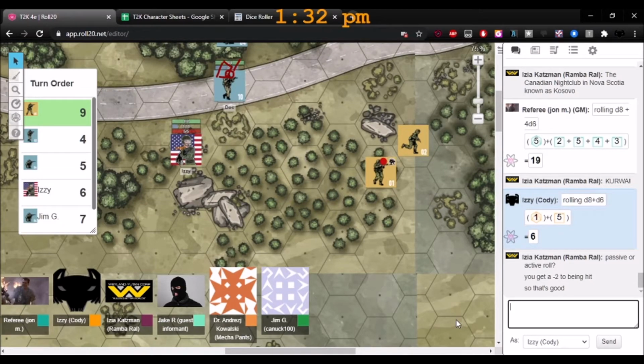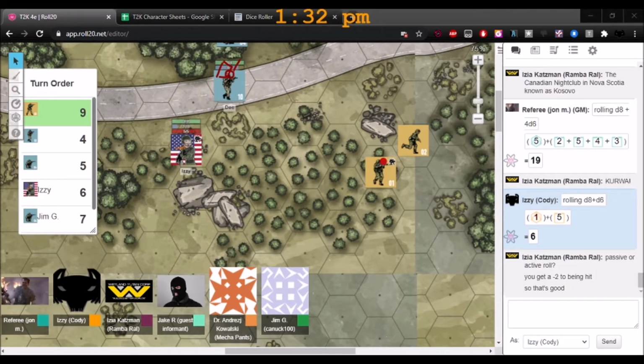Shit. So you can't do anything. You can't move. Can't shoot. You can mutter a few words, that kind of thing. Like holy shit. And so we'll just put a little suppress marker on you for the moment. And then when your next turn comes around, you roll again to shake off your suppression. But okay, that counts as an action. I can't remember if it's fast or slow. Let me check. And so you only have one action. I'll handle that. And that ends the bad guy's turn. Sorry, that took a little bit long. So Jake, I'm sorry, it's Katzman's turn.